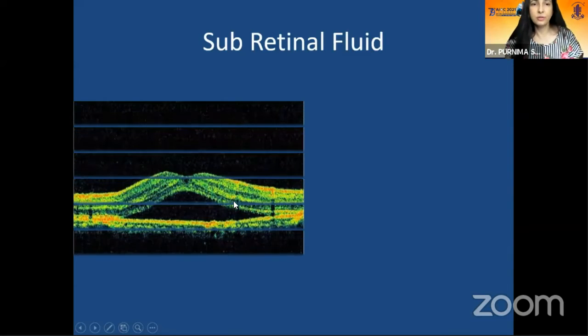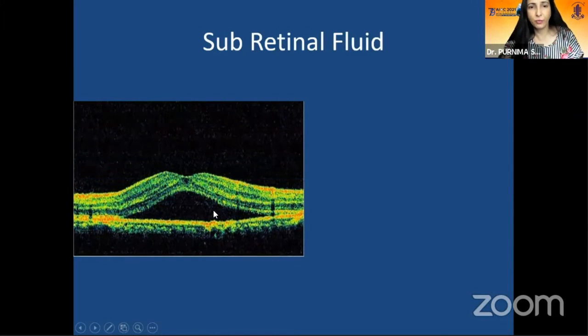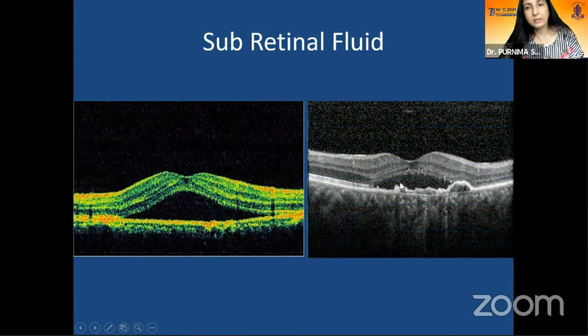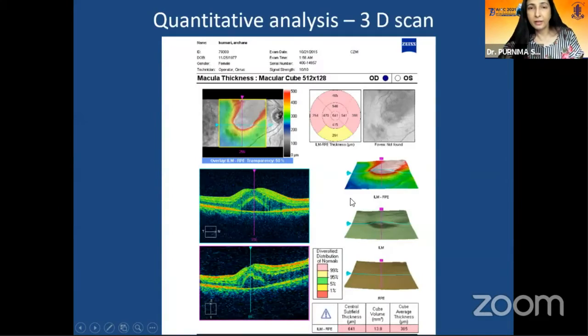Similar, just another illustration. In this case, you see there is subretinal fluid, and another case with similar subretinal fluid. But if you look at the RPE layer, it is normal in this, and here it's undulated, and there is a PED also, indicating that this is a case of AMD, while the first is just a case of CSR. So this is the importance of the RPE layer.